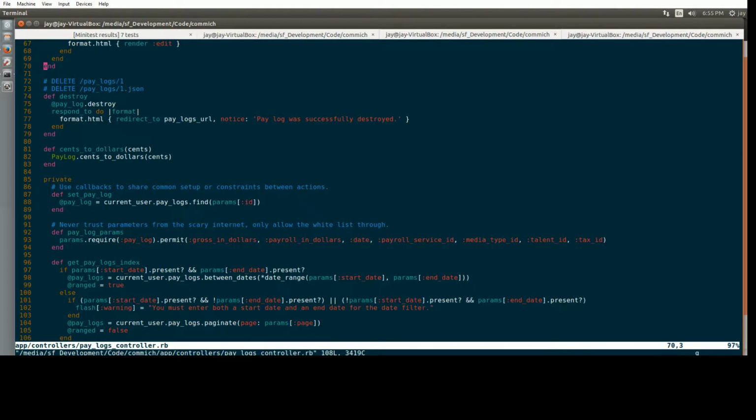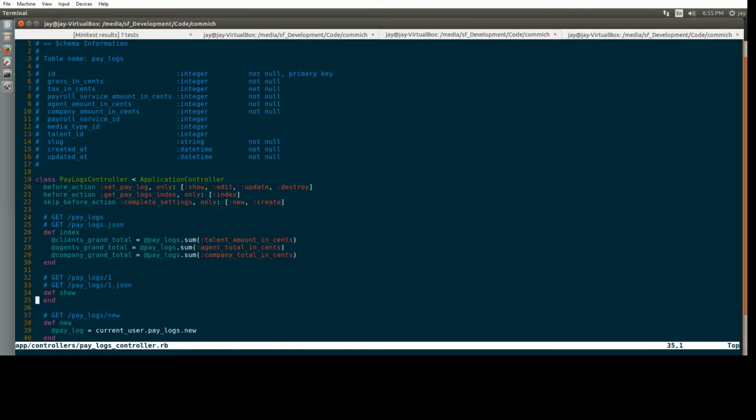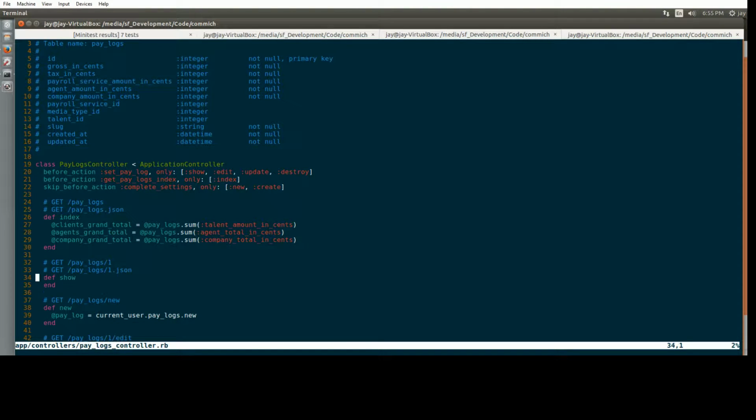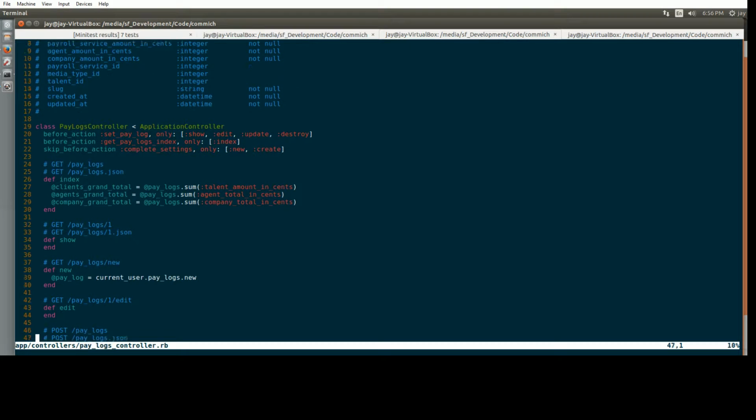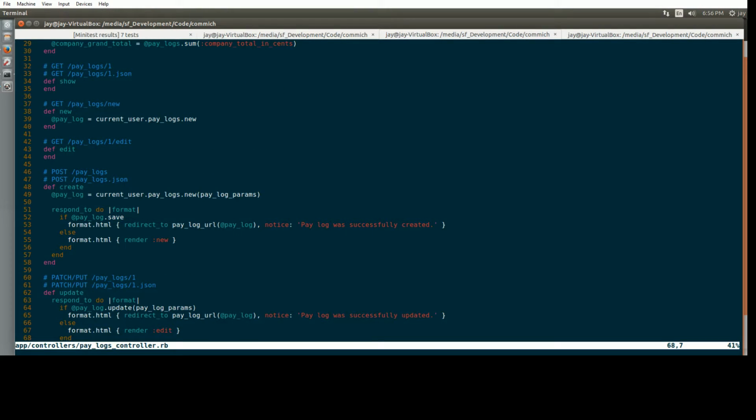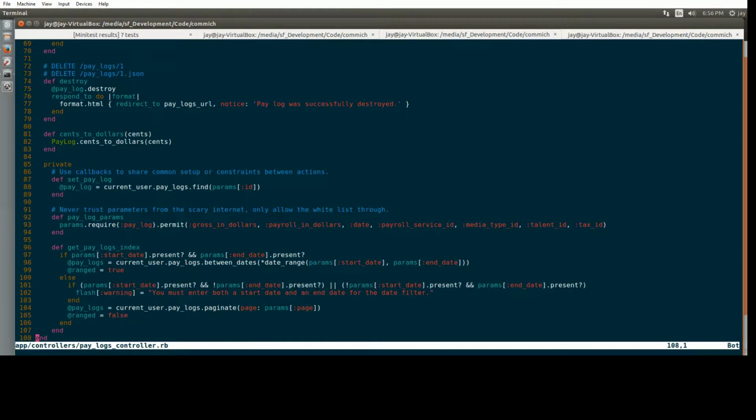And up top we have the index, I believe, right there. So, get paylogs index. So where is this happening? So I'm just going to see where it uses the, okay, here. So if that is present,